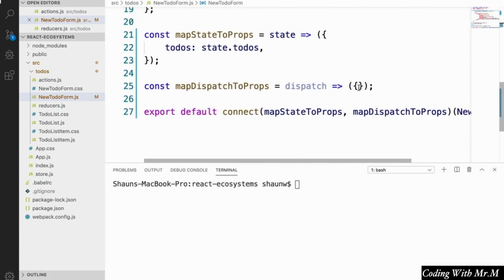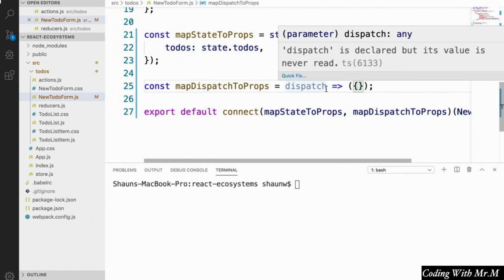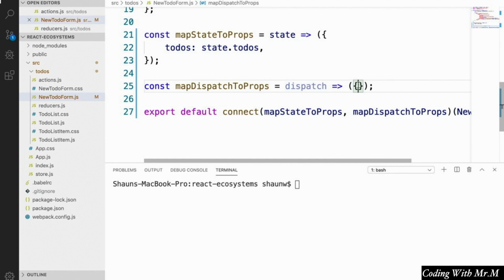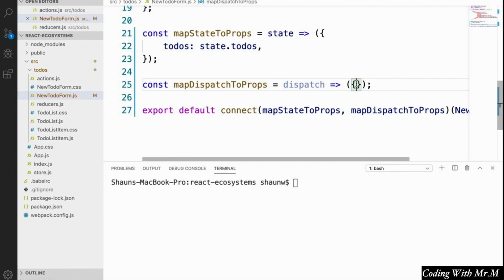Now let's move on to mapDispatchToProps. This function works in a similar way to mapStateToProps, in that the properties of the object that we return will be passed to our component as props. The difference here is that instead of taking the Redux state as an argument, it takes something called dispatch. Now, what dispatch is, it's a function that allows our components to trigger actions that our Redux store will respond